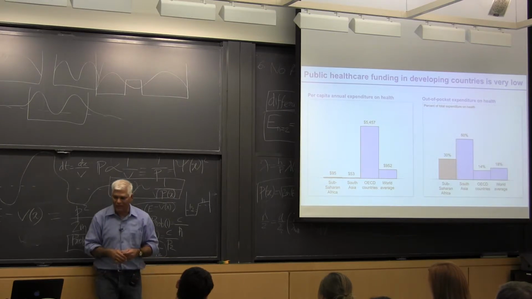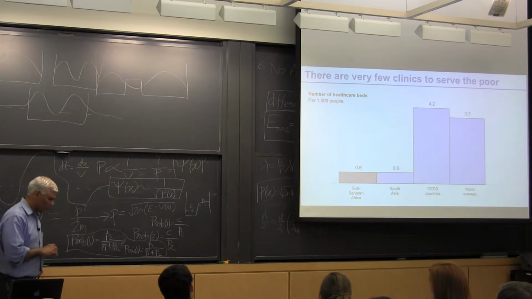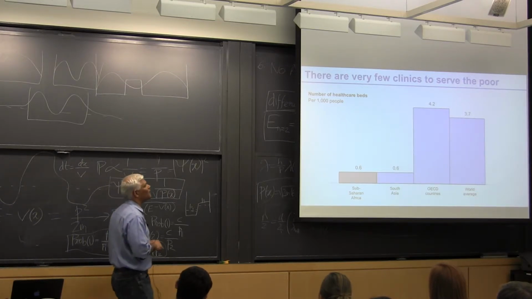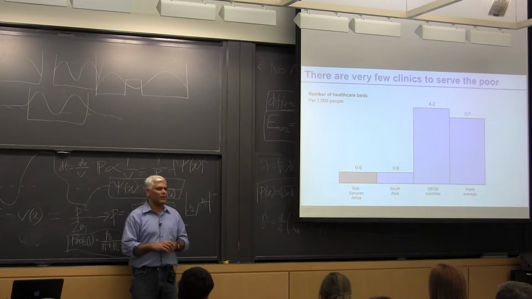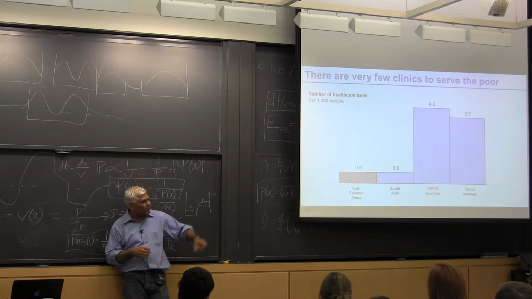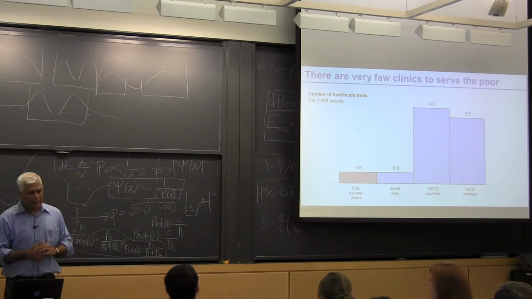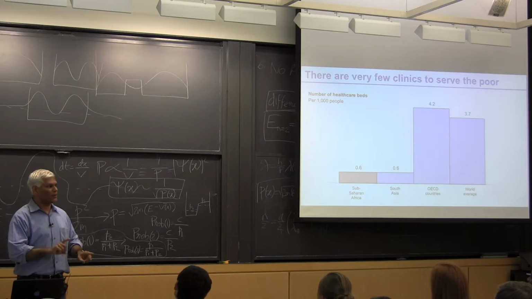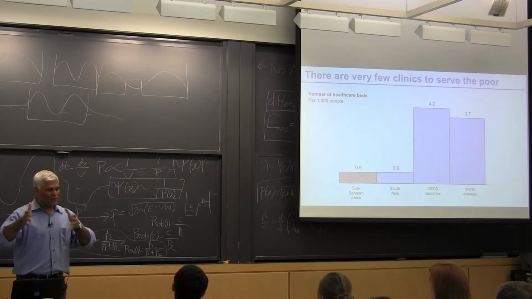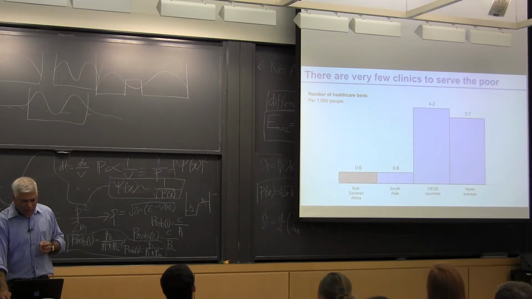None. What we'll see, for instance, is one way to measure the healthcare infrastructure is the number of beds, and we'll define beds in just a second. We'll look at a picture of a bed. Independent of what that bed looks like, it is a tiny fraction. It's 0.6 per 1,000 people. And I very carefully call this healthcare bed, not hospital bed, because a hospital has to be at a particular level of operation to actually be called a hospital. So this is the infrastructure.